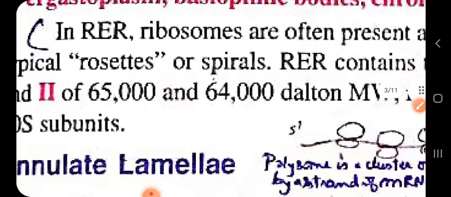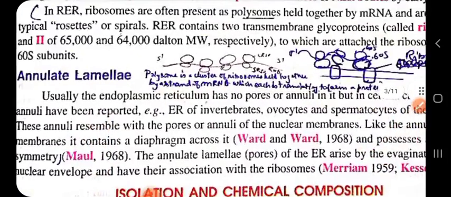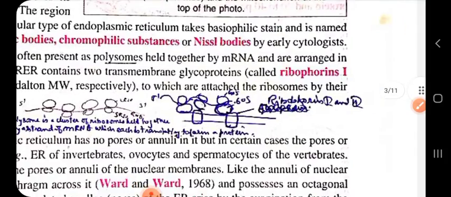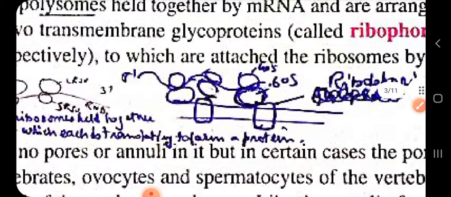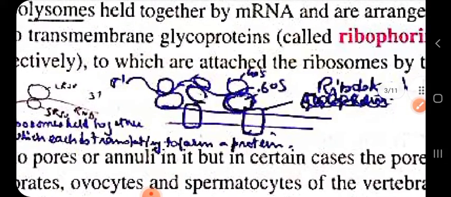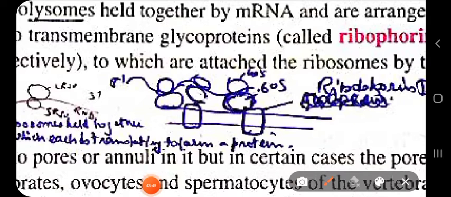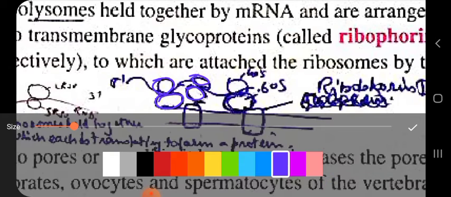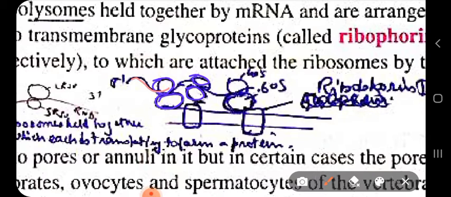I have tried to draw here, but I think you cannot see it very clearly because it is already getting pixelated. These are the large and small ribosomal subunits. Well, this is the mRNA,